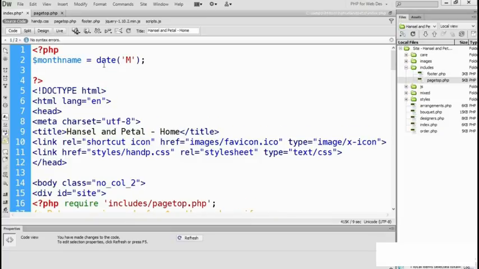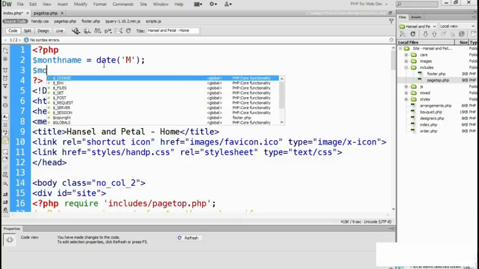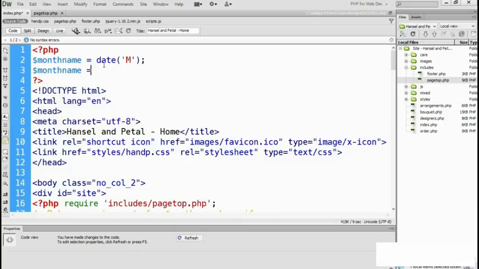Now what we need to do is convert that to lowercase. Earlier we used string to upper. There's actually another one which is called string to lower, which converts everything to lowercase. So month name equals strtolower, and then the argument will be month name. So what's happening here is that we're first getting the first 3 letters of the month, but the first letter is uppercase, so we then use string to lower to convert it all to lowercase. So if we save that,